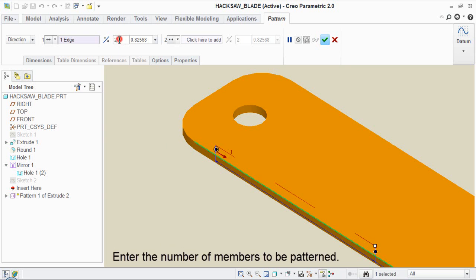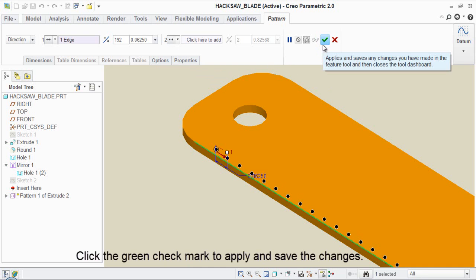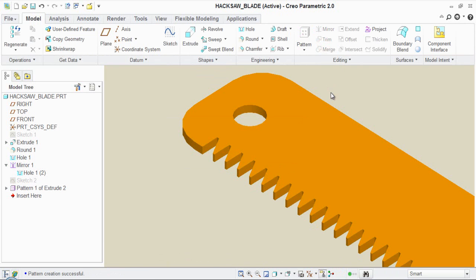Enter the numbers of the members to be patterned. Define the spacing between the pattern members. Click the green check mark to apply and save the changes.